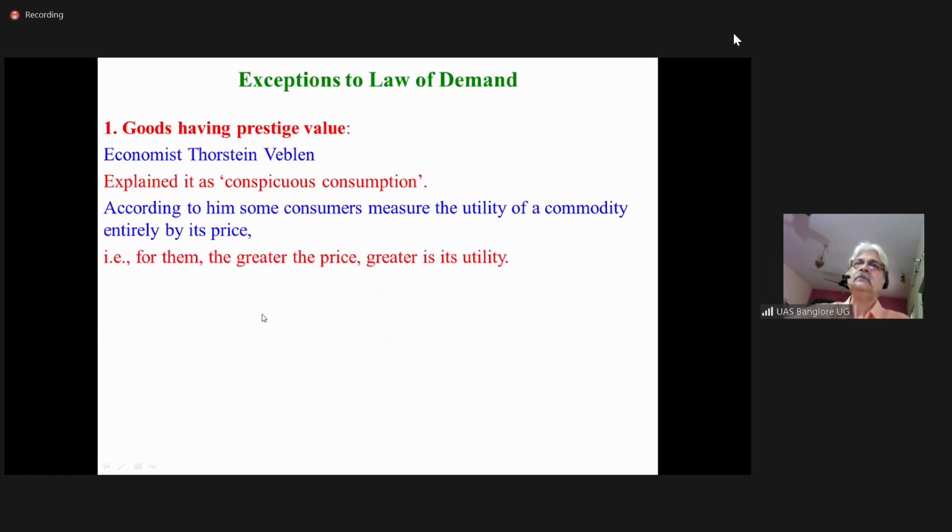Okay? That is, for them, the greater the price, greater is its utility. Higher the price, higher the utility. You might have watched, at least some of you might have watched, the movie Three Idiots, Amir Khan, Kareena Kapoor,